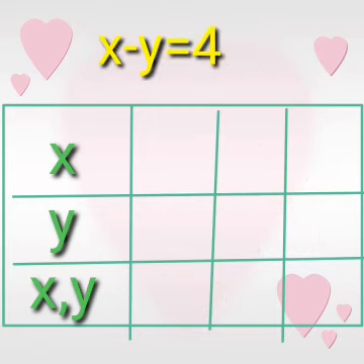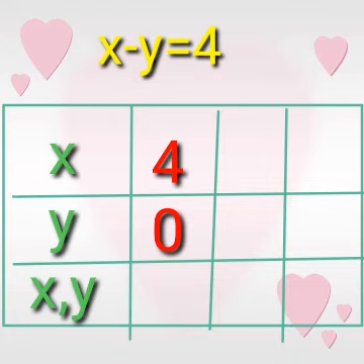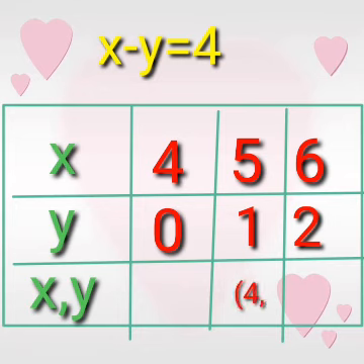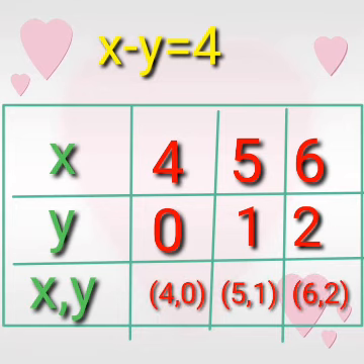Addition of coefficient of x and y is 1 minus 1, which is equal to 0. Constant 4 upon 0. In this situation, we can take the value of x as 4, y as 0. Because one coefficient is minus and one coefficient is 1, I increase both the values of x and y by 1, 1. 4 plus 1 is equal to 5. 5 plus 1 is equal to 6. 0 plus 1 is equal to 1. 1 plus 1 is equal to 2. Complete the last row: 4 comma 0, 5 comma 1, 6 comma 2.